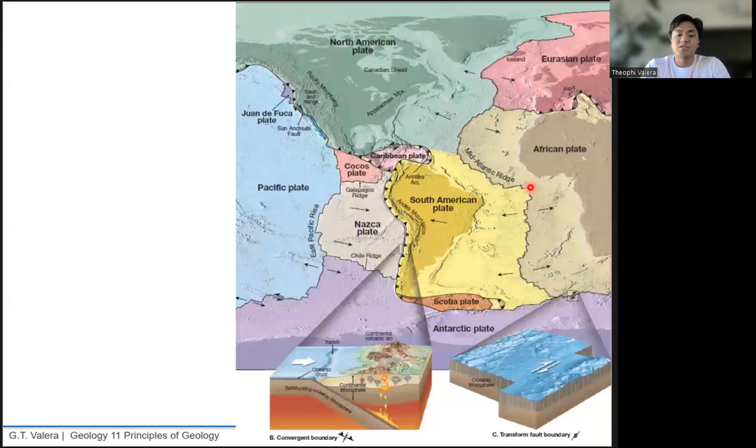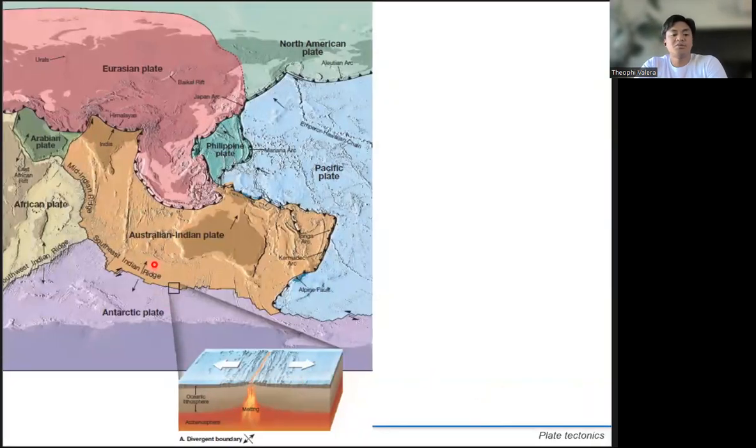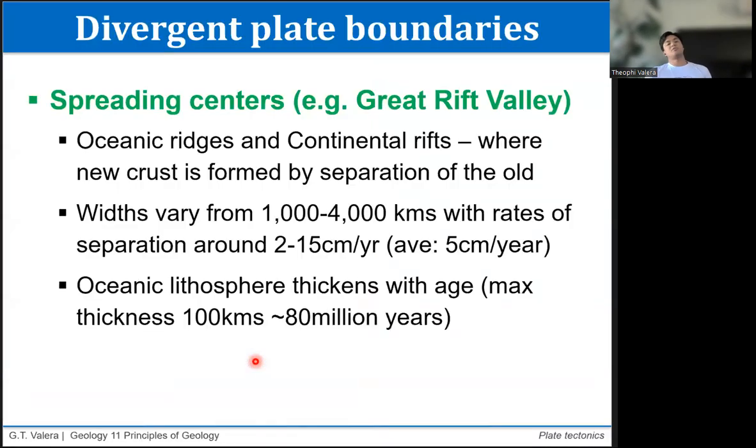At the same time, when you have spreading centers like this, or even collision zones like this, you have transform faults, or we encounter these transform faults which connect yung ating plate boundaries. So along transform faults, no new oceanic crust is formed nor destroyed. The plates just move past one another. And then you also have, of course, divergent plate boundaries, which are areas where new oceanic crust is formed and where the crust is basically moving away from one another. So let's discuss that in more detail.